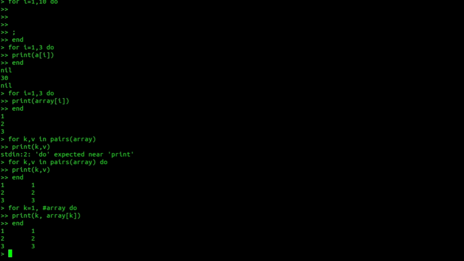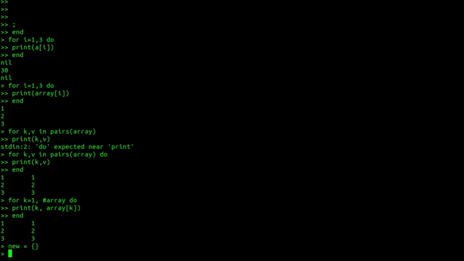Now let's talk about the table library, which is built into Lua. You can use the table library to create tables, insert values inside and remove values. To give you an example, let's create a new table altogether. I'll say new equal to an empty table. So I have initialized one table. Now to insert a value, I will use the table library and say table.insert. The first parameter will be the table name, so in our case it is new.